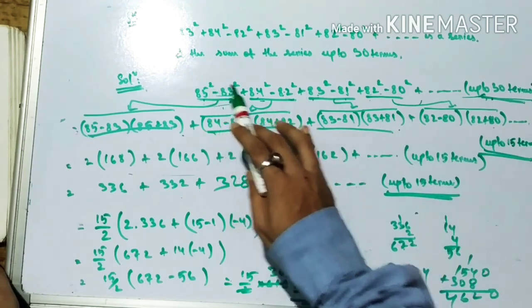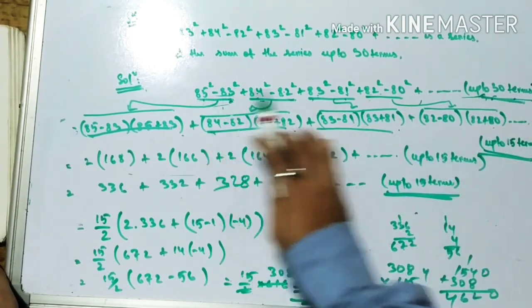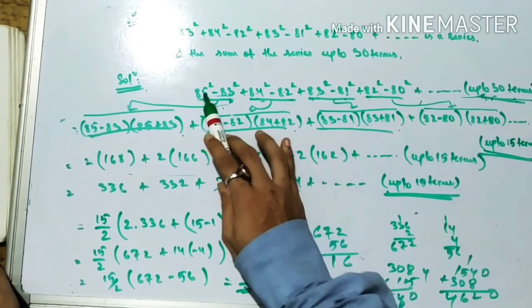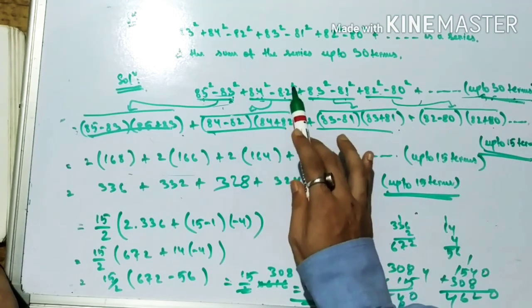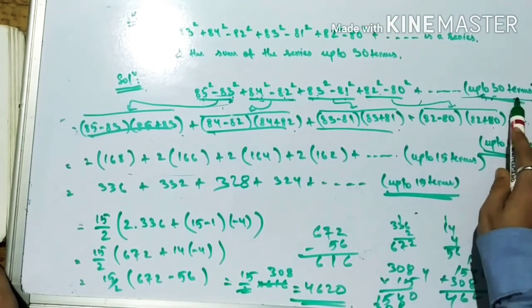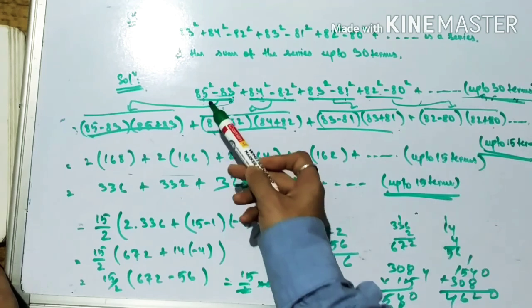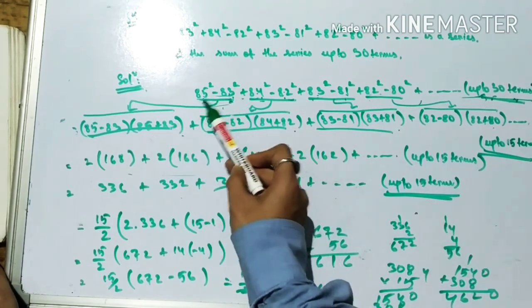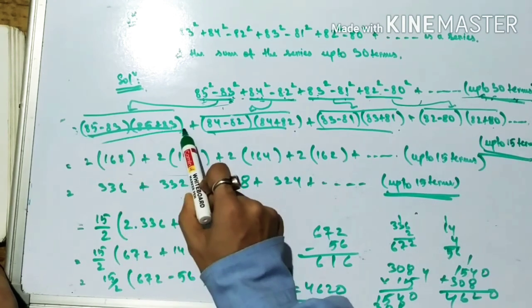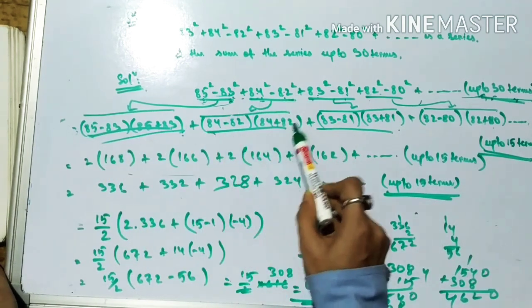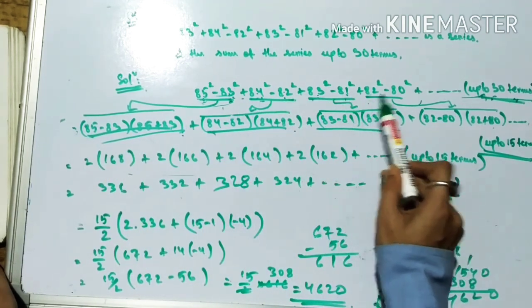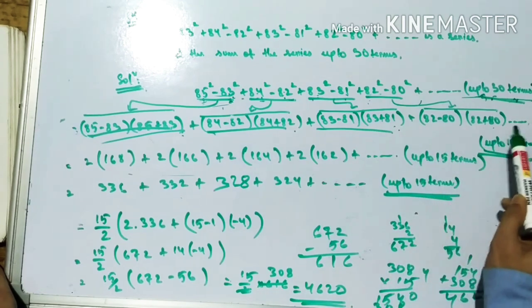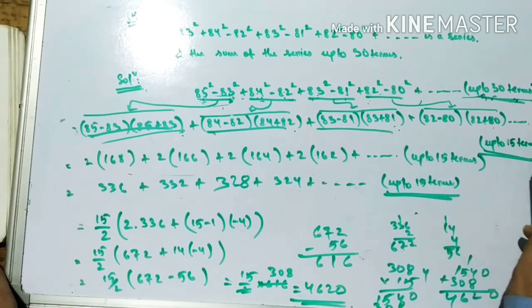I have to find the sum up to 30 terms. This is a term here, this is a term, this is a term, these all are terms. Now what I did: this is in a square minus b square form. So these two terms became one single term in here. Again, these two terms became one single term, and these two, and these two. Dot dot dot. I will write up to 15 terms.